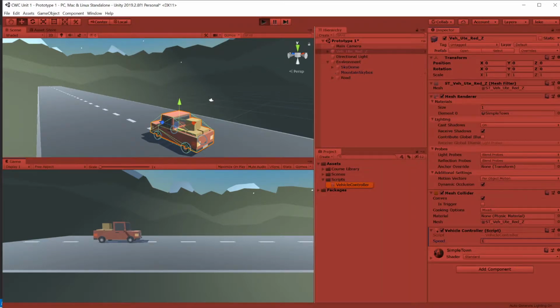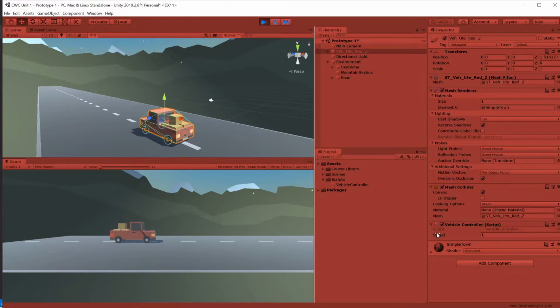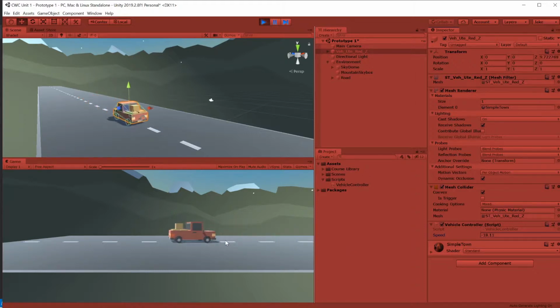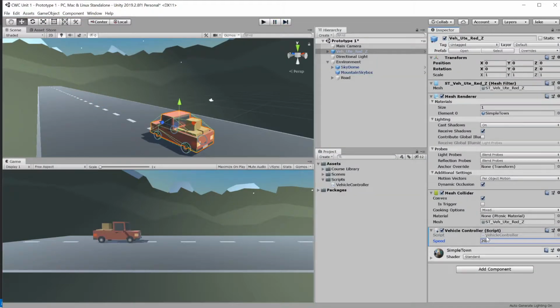So let's make it go really slow. That's too slow. Let's make it go a little faster. I can click and drag this to make the number go up. Faster, slower, negative. So it's useful to test, like, I think 20 seemed like a pretty reasonable speed, and I like that number. So I'm going to leave it on 20. Okay,